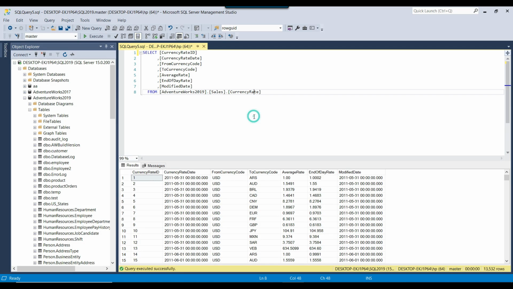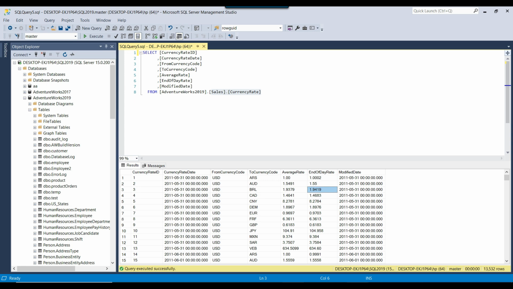I have the SQL Server instance, and here we have a table, Sales.CurrencyRate. If you look at the data of these columns, the first one, currency rate, is of type integer. However, the average rate and the end of day rate are, I think, float or money, because they have some dots, and after the dot they have some other data as well. So first of all, let's export this into an Excel file and see how the data will look.